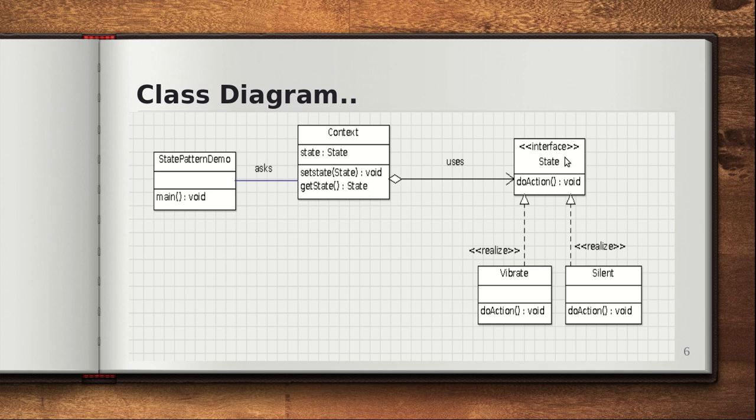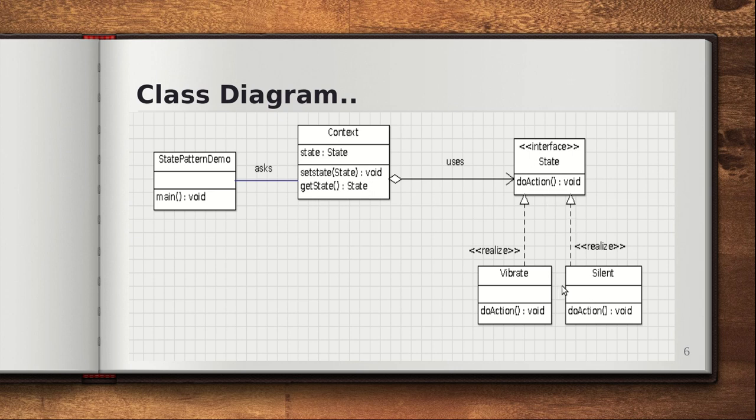Here you can see the state interface. In it, the do action method declaration is there, and there are two states, the vibrate state and the silent state. We implement the do action method in the vibrate class, and again implement do action in the silent class.